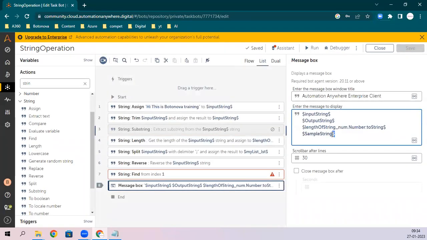It should be number type. Sample number dot to string.